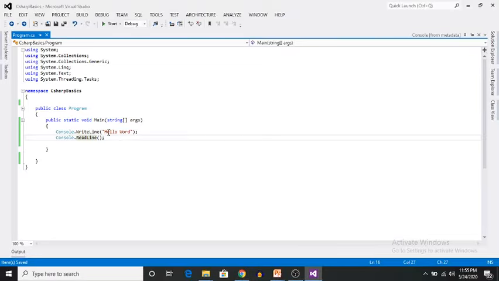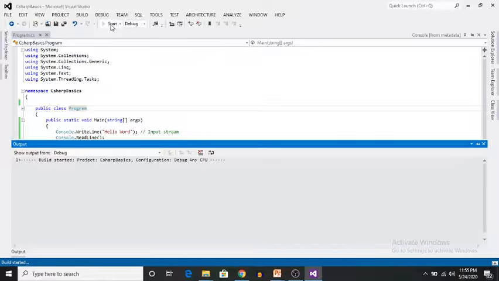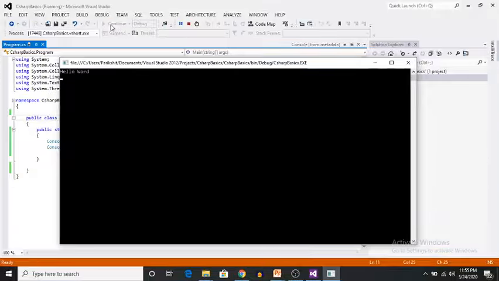This is called your input stream. ReadLine will read the input given. Now execute the program. See, it will display your Hello World.